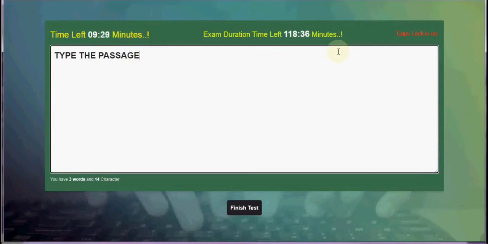The candidates need not set the font size, line spacing or justify the passage as these features are predetermined in the typing software. The candidates need not use control words to save the typed passage. The typed content will be automatically saved. In case if the typing session is closed abruptly, do not panic. The typed passage up till which you have typed will be auto-saved. You can re-log in and start typing the balance passage in the leftover time. Candidates should not retype any passage if they have completed a typing test before the prescribed time of 10 minutes.